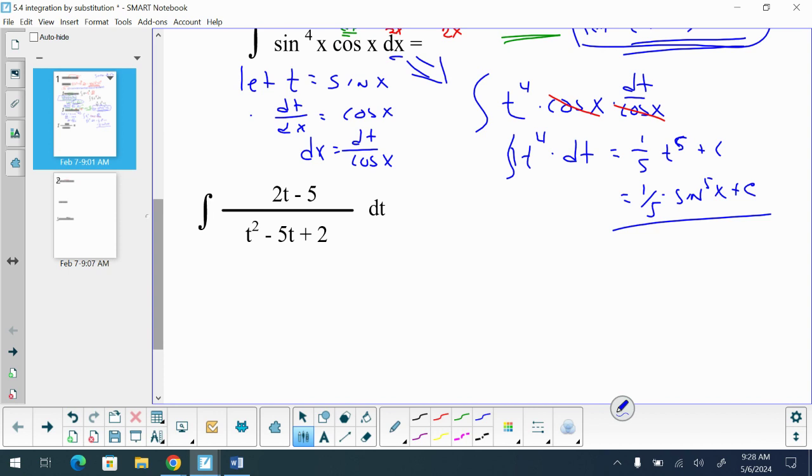When you take the derivative of a polynomial expression, an algebraic expression, what happens to the exponents on the variables when you take derivatives? Yeah, you subtract one, so they get smaller. And in this process of integration by substitution, you let something equal t, then you always take the derivative. So if I have exponents within my t, then they're going to get smaller. Well, if I take a look at my antiderivative here,